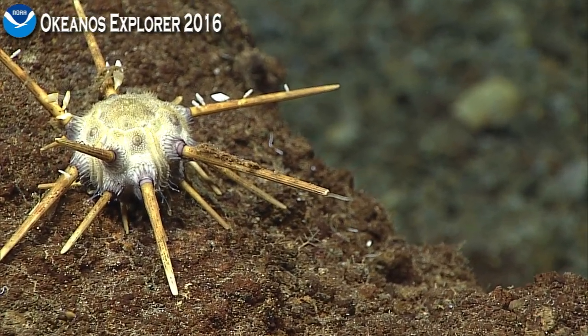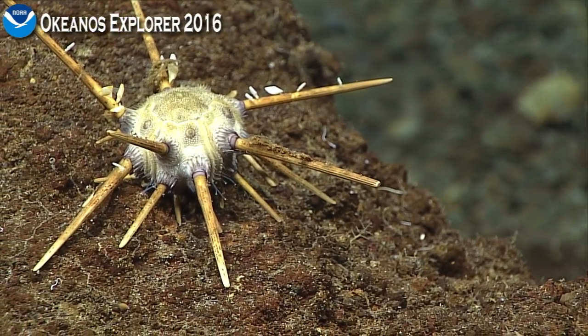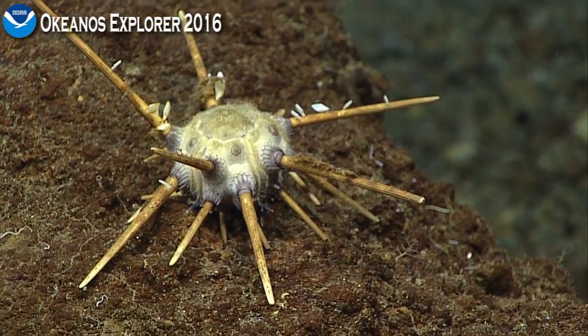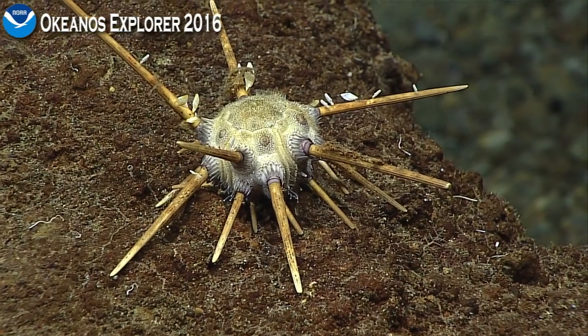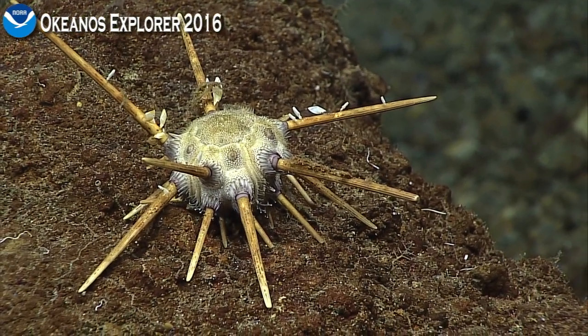There we go. Oh, it's very cool. It's got tube feet, but they are actually barnacles that are attached to the spines. Yeah, it's moving. Doesn't look too happy, though. I see the tube feet moving, but...